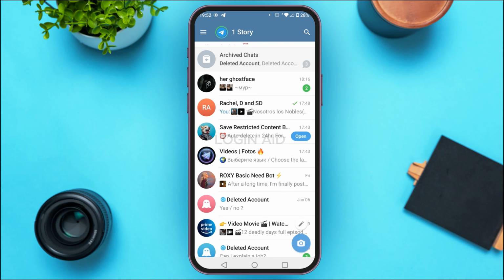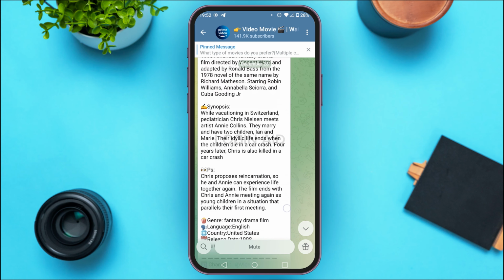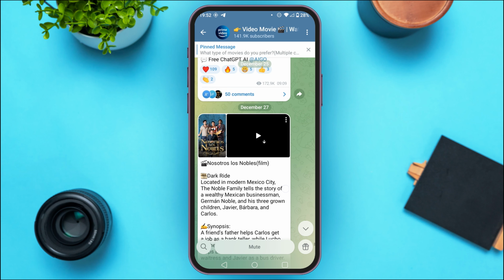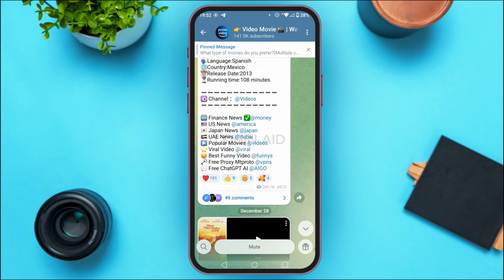So what you have to do is simply tap on the channel of your choice. Now after you do that, you can see over here the channel will be opened. So find the message that you want to copy or forward. Normally if the channel is private, you'll not be able to copy or forward the message. But if you really want to forward the message or save the message, for that what you have to do